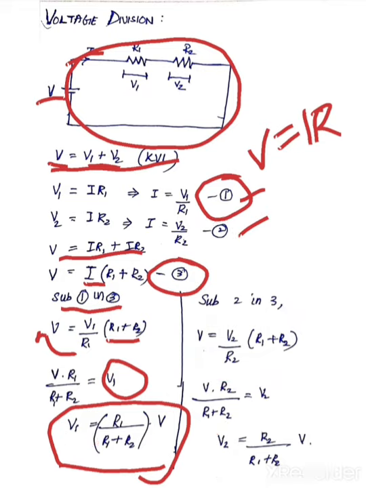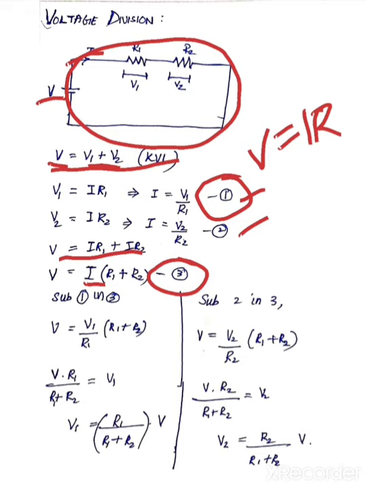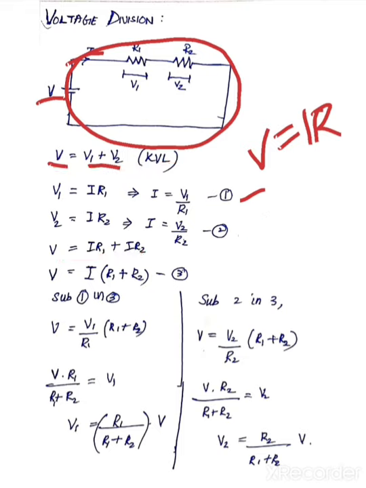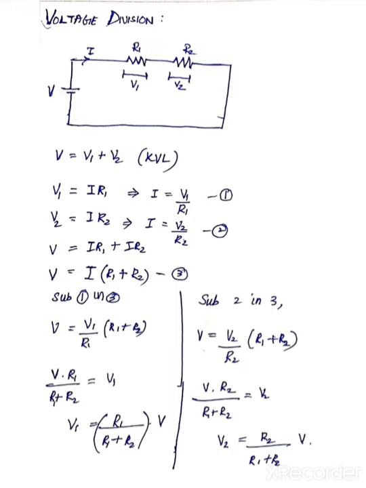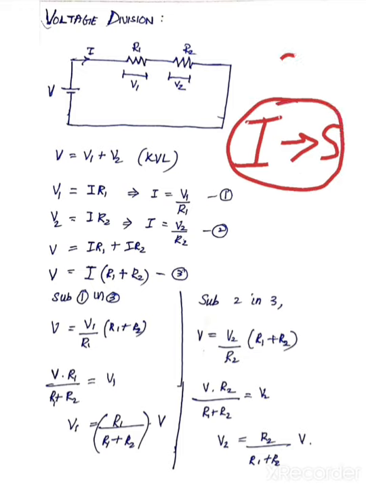Now let us understand how to find whether it is a series circuit or a parallel circuit. As you all know, the current in series is always constant. Here, as resistances R1 and R2 are connected in series, the current flowing through R1 and R2, that is I, remains constant. This is how we solved this problem.